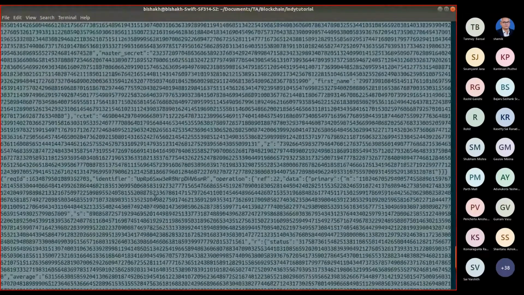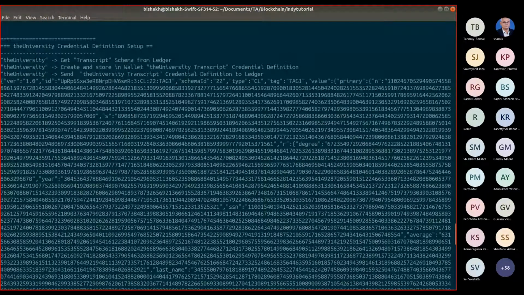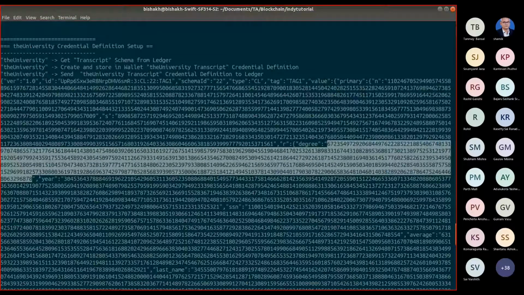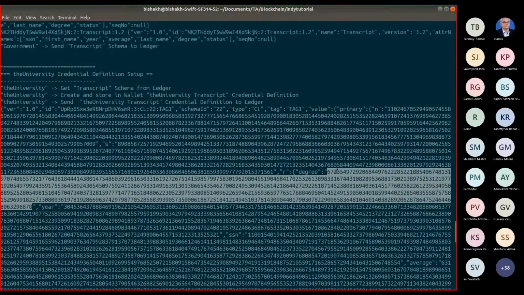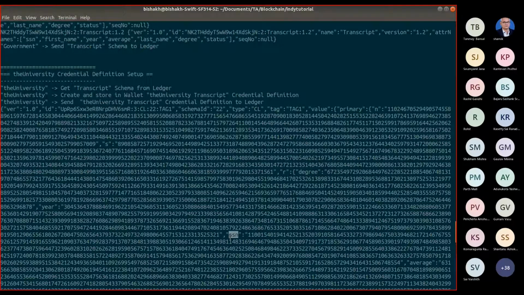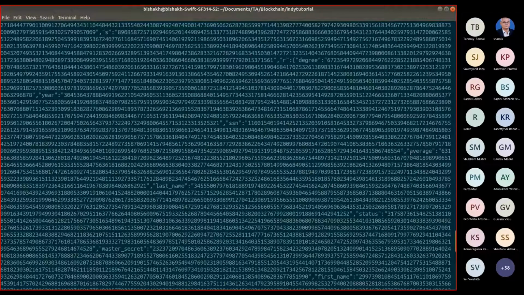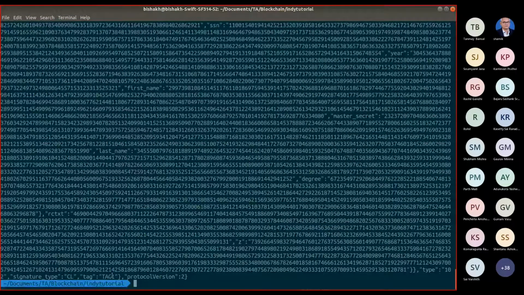So this contains a bunch of keys and everything, and these are basically encoded strings. Indy uses a particular encoder; you can see the documentation. Everything is handled by the library itself, so you don't need to worry. But for each field like degree, SSN, it specifies which key should be used and what the encoding of that field will be. So the credential definition stores all this. Apart from that, you can see that the signature type is CL and the tag is tag1.